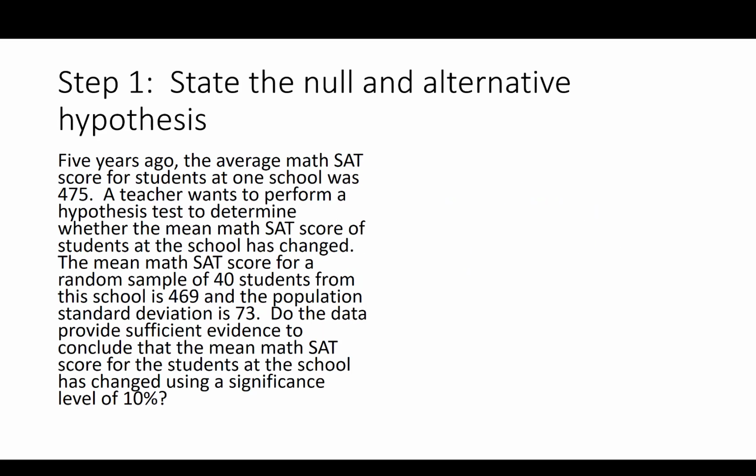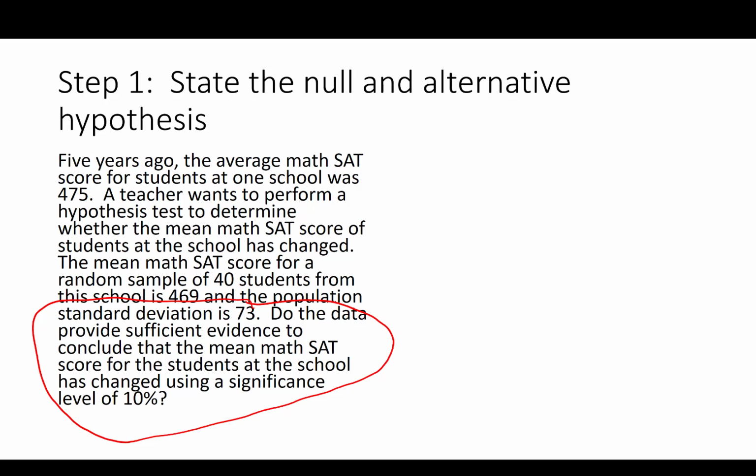Step number 1, as always, let's state the null and the alternative hypothesis. Let's take a look at this last sentence right here. It states, do the data provide sufficient evidence to conclude that the mean SAT score for students at the school has changed? Has changed. Notice that this is a statement of difference. It doesn't state whether it increased or decreased, so we have to take into account that it could be either or. Since this is a statement of change, we know that this is going to be our alternative